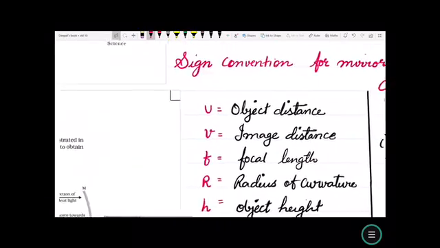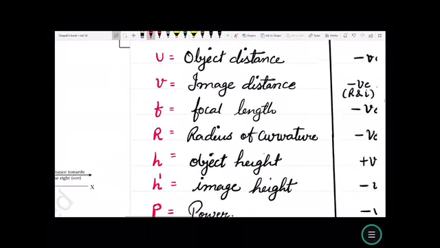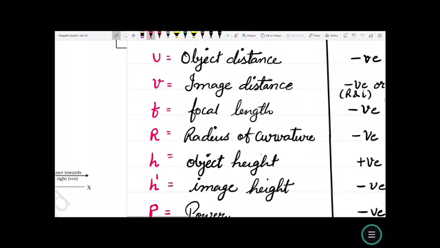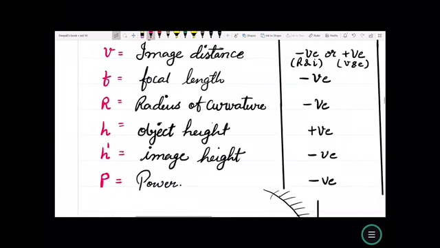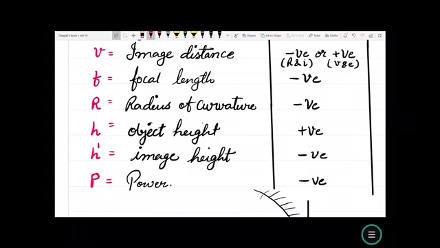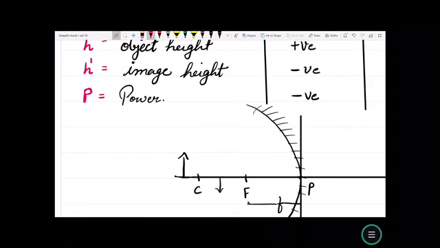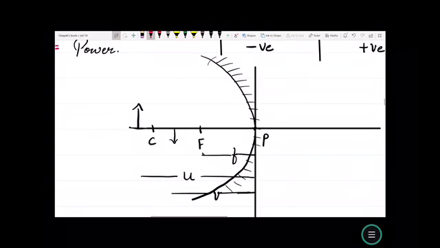Now we know that we are going to talk about these quantities related to the mirror, that is u, which is object distance, v, image distance, f, focal length, r, radius of curvature, h, object height, h prime, image height, and p, power. Power we will understand in the last part of the chapter. Yet, now let us see what sign conventions are given to these